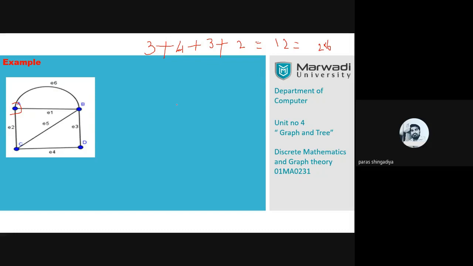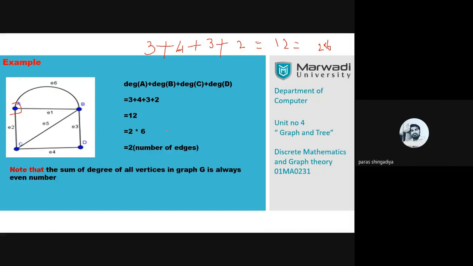So that is verified. Here degree of A plus degree of B plus degree of C plus degree of D is equal to 3 plus 4 plus 3 plus 2. Degree of A is 3, degree of B is 4, degree of C is 3 and degree of D is 2, and that is equal to 12, and this is equal to 2 times 6, meaning there are 6 edges here. Clear? In this graph, this is also 12. So that is a proof of this theorem, and that is one result here for 1 mark MCQ,